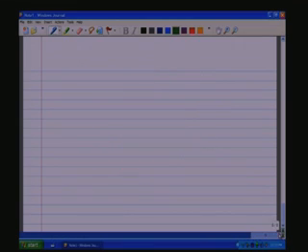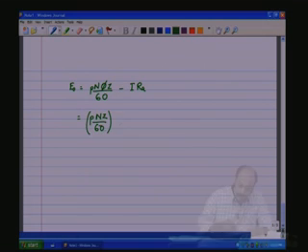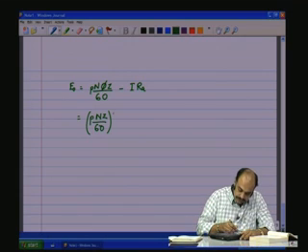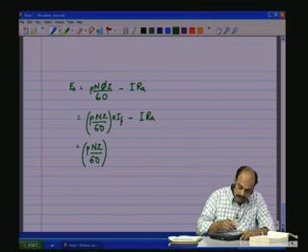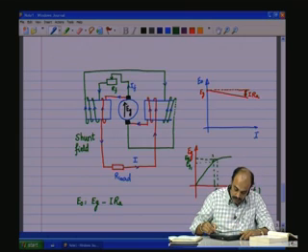So, which means E naught equals P n phi z by 60 minus I into R A. Now, this will be equal to P n z by 60, this is a constant, phi is proportional to I F. So, we can put it as a constant into I F minus I into R A, or we can say P n z by 60. Phi in the case of a compound,